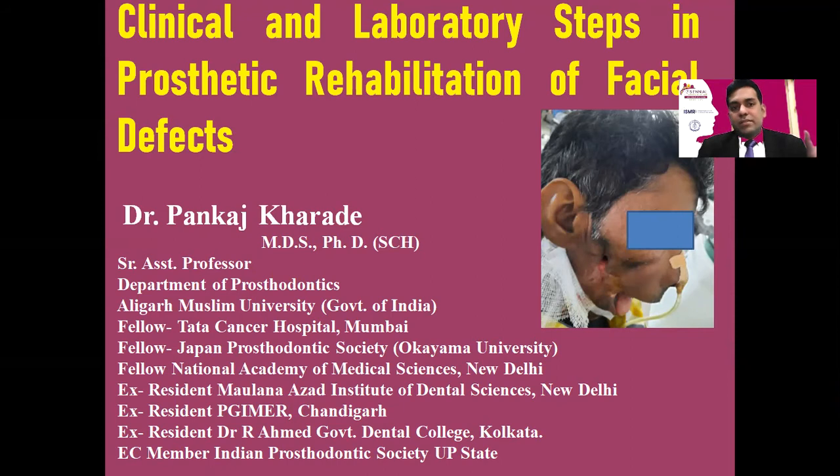And the basic methodology when you are fabricating this facial prosthesis, you have to follow 4 steps in a very precise manner. The first one is the impression making for this facial moulage. The second one is fabrication of the cast with the help of this impression. The third one is the sculpture or fabrication of wax pattern, and the final and important step is processing of this sculpture with the help of intrinsic as well as extrinsic staining.